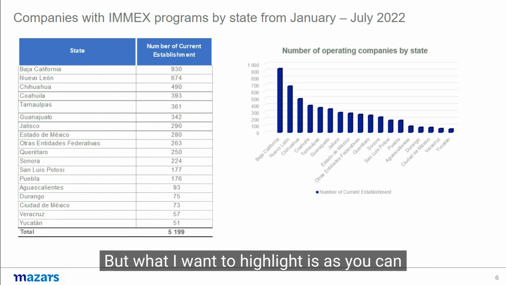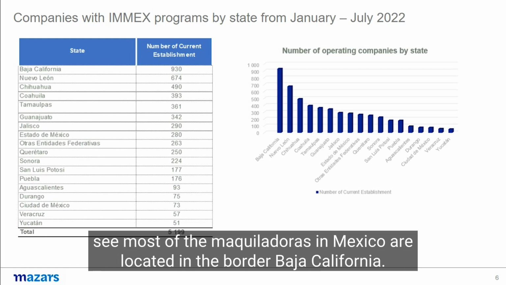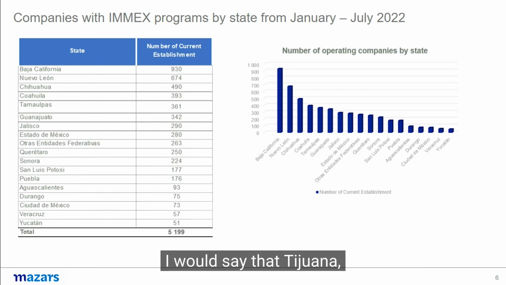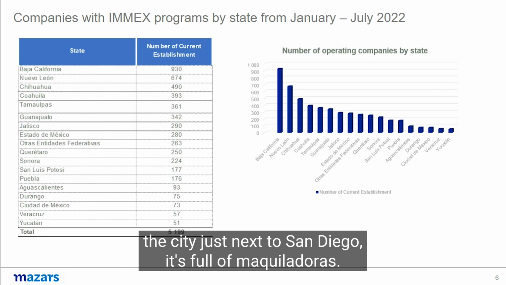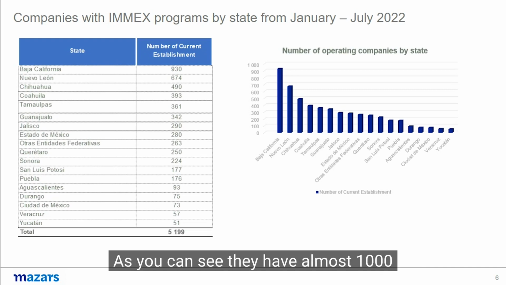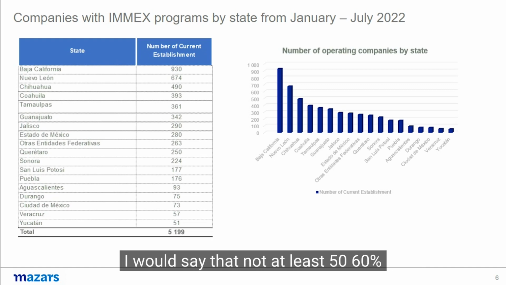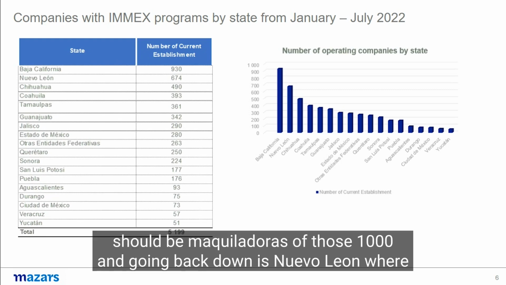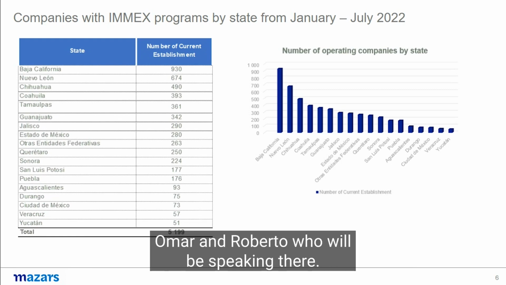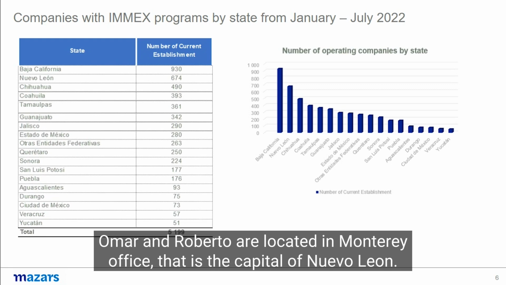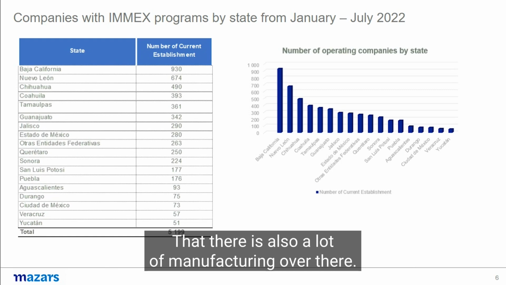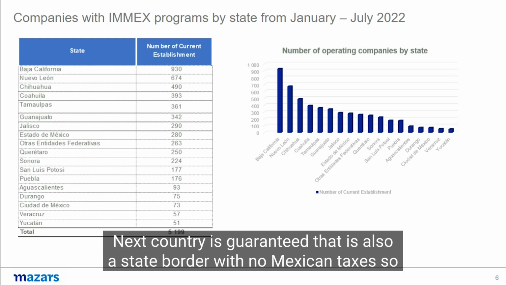But what I want to highlight is, as you can see, most of the maquiladoras in Mexico are located in the border. Baja California, and I would say Tijuana, the city just next to San Diego, is full of maquiladoras. As you can see, they have almost 1,000 manufacturing or IMEX companies, and at least 50-60% of those 1,000 should be maquiladoras. And going down is Nuevo León, where Omar and Roberto, who will be speaking, are located in the Monterrey office, the capital of Nuevo León, where there is also a lot of manufacturing. Next is Coahuila, that is also